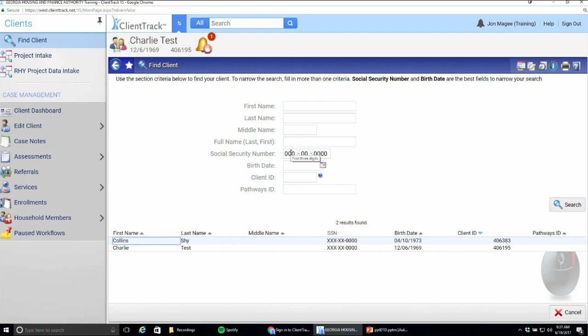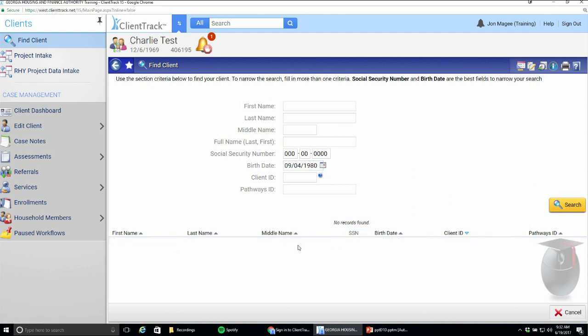So the next step we'd want to search by is birth date. But first we would want to delete the Social Security number here. Now the reason we'd want to do that is if I type in a birth date here and hit search, I might not get any results, but that might be because I'm also now looking at birth date and Social Security number. So a way to think about this is if you're used to doing Google searches,